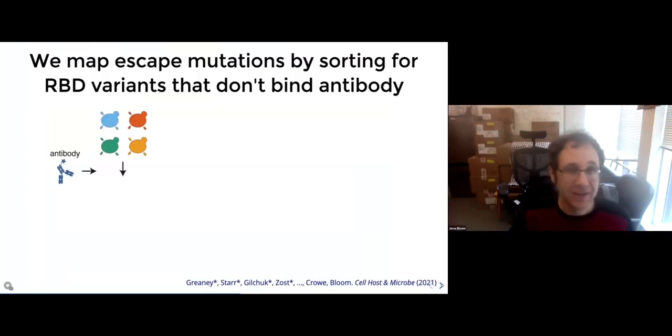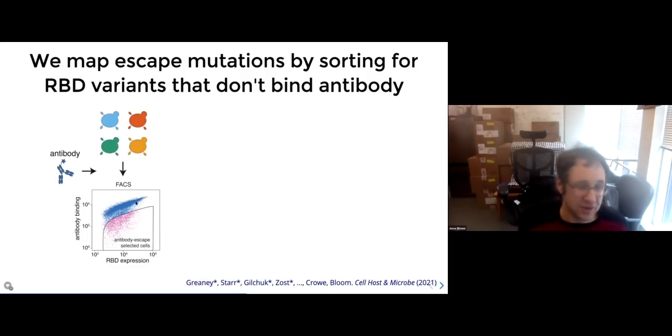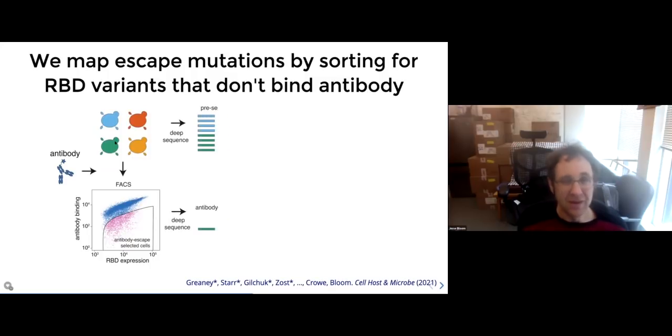So I don't think it takes a ton of imagination to imagine how, if you had an antibody that binds to this viral protein, you could use these yeast to find the mutations that reduce that binding. So we just take the yeast, we incubate them with the antibody, and then we run them through a flow cytometer to identify those mutants that bind to less antibody than most of the rest of the yeast. And we do some experimental and computational filtering to get rid of yeast that just have no RBD or misfolded RBD. And then we just deep sequence what were all the RBD mutants we started with and what are the ones that could escape the antibody binding.